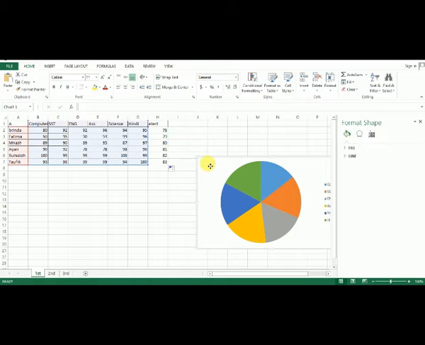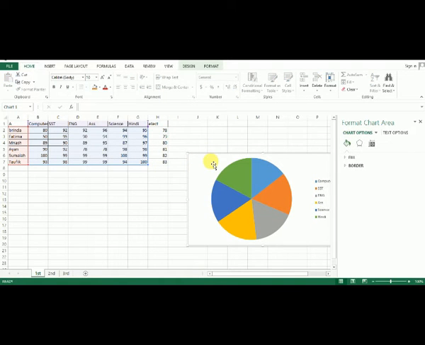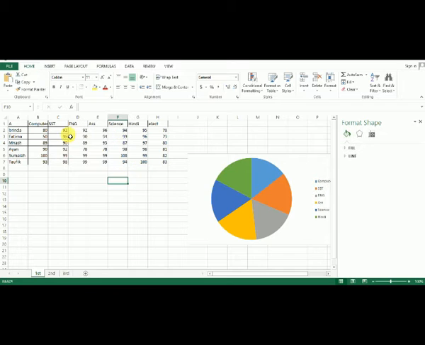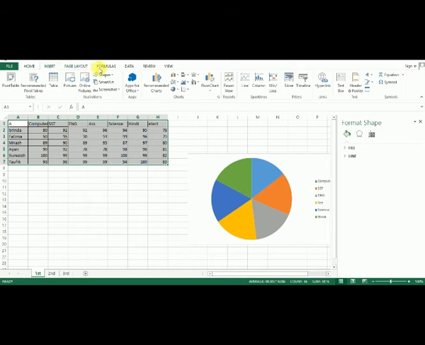Okay, so you can see this chart is including only 6 subjects, which means the columns are included in this chart. Now I can use another chart on this page. How can you use it? Select this table, and you can use the Insert option, Recommended Chart.